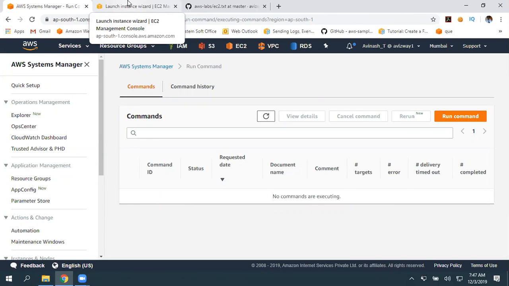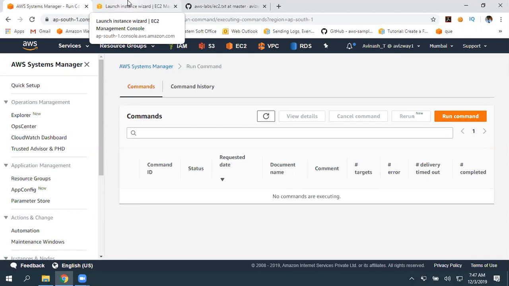Systems Manager is going to trigger some services. Basically, we are going to have an agent in our EC2 instance, and that agent is going to communicate with the Systems Manager service. The communication will happen when you have configured a CLI user or when you associate a role.